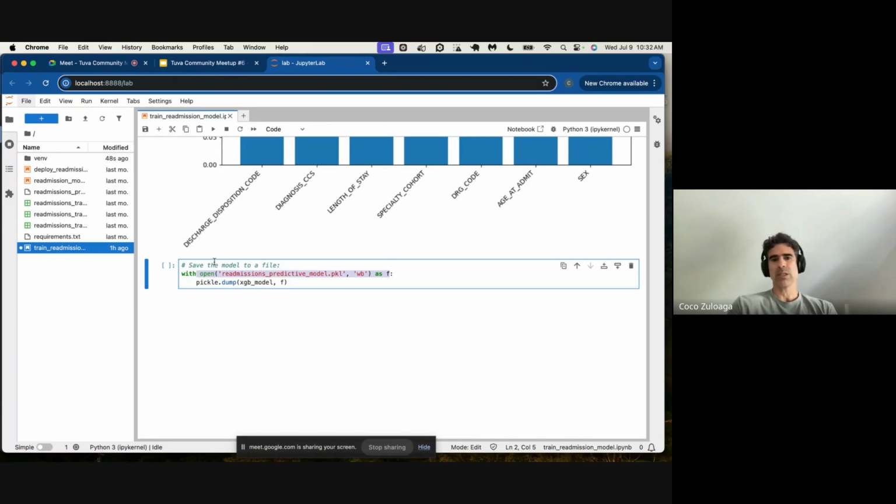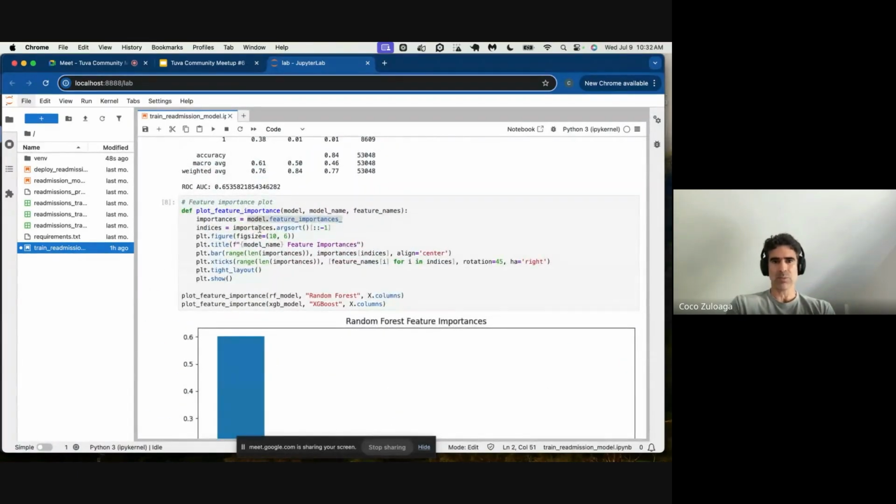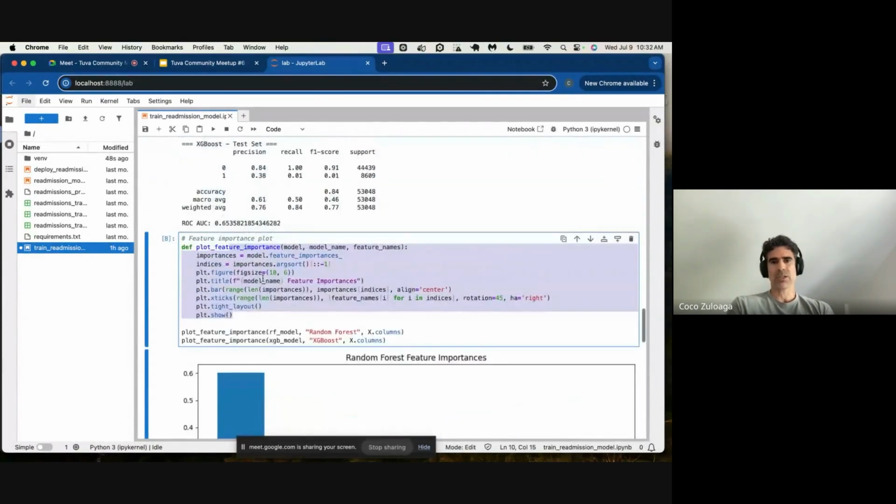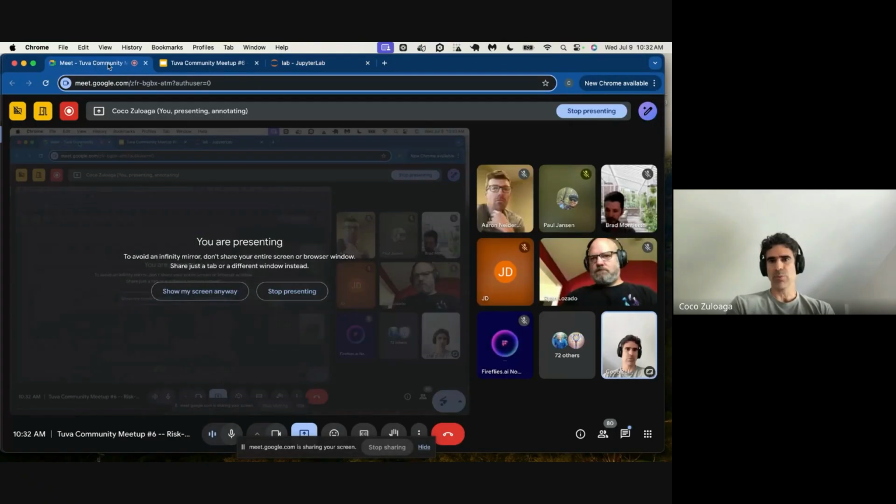But if you were doing this manually, you would basically go through steps that look like this. You would create a model object that you can then use to make predictions. And then you would have to figure out the MLOps workflow to use this model on your data set and make sure that you're taking your data and transforming it in exactly the way we transformed this data, and then applying this model to your data to generate the predictions. So that's just a taste of how you would do this manually for one model. But now I'll hand it over to Brad so he can show you how we're doing it in bulk for all the models in the Tuva Project.